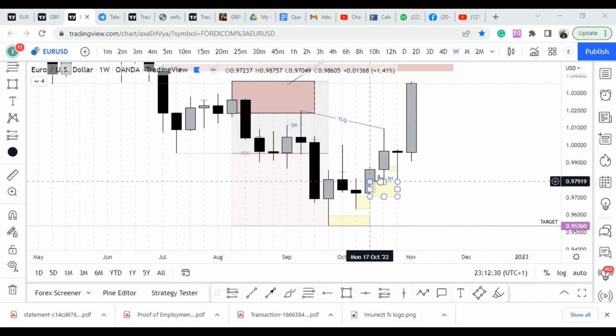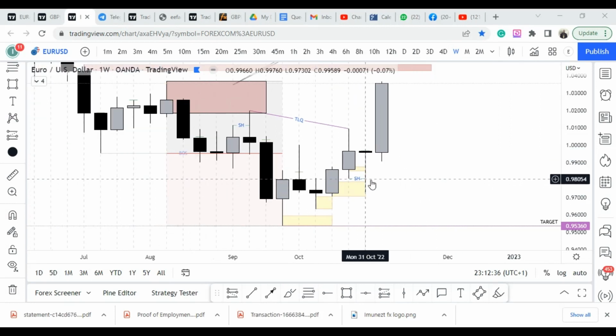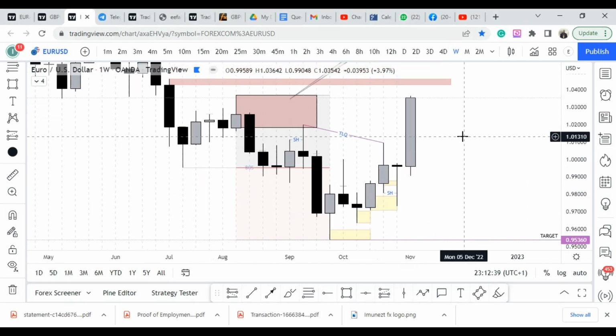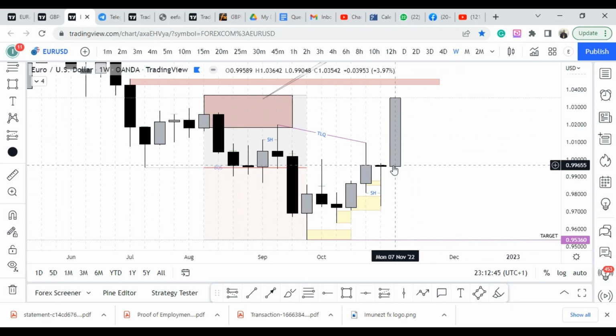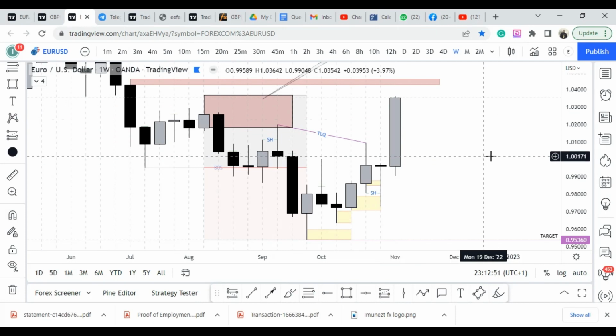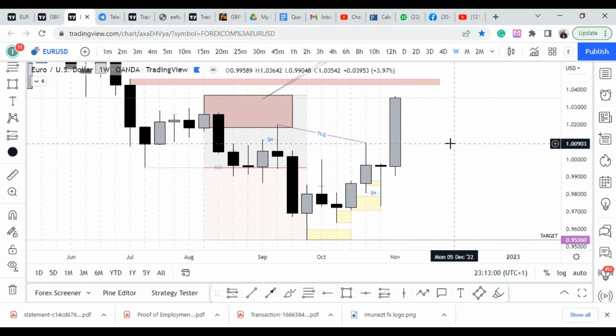In episode 3, we were focusing on this particular weekly candle, having cleared this liquidity, and we predicted that the following week, being this week just ended, was going to be bullish. And indeed, our prediction was right. Now we are going to be focusing on this particular week just to see how the market interacted in the lower time frame and also to help us learn how to analyze the charts and see where we could have